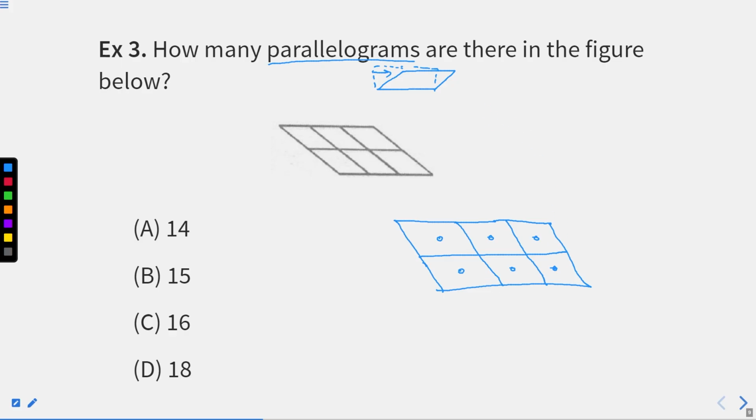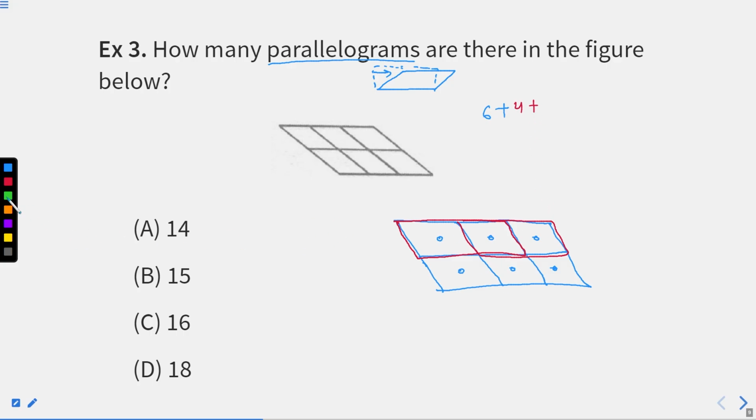How many we have calculated? 6 we have already calculated. Now what you can see that if we consider this part, let me change the color for you. What is this? This red one, right? This is also a parallelogram, 1. This is also a parallelogram, 2. Similarly, 2 on the lower side. So how many will be there? 4 will be there, right?